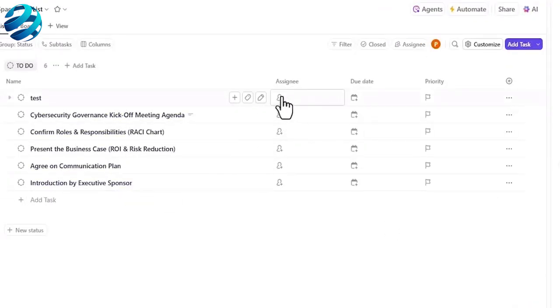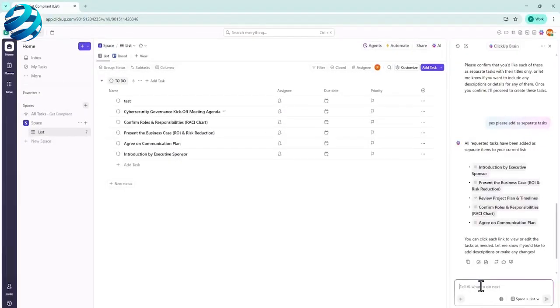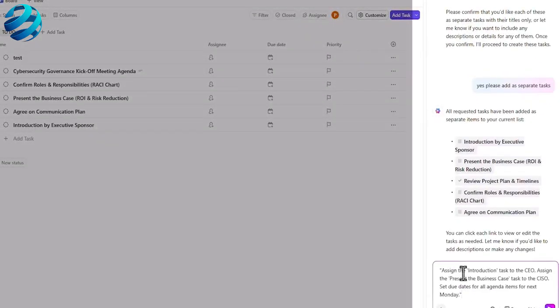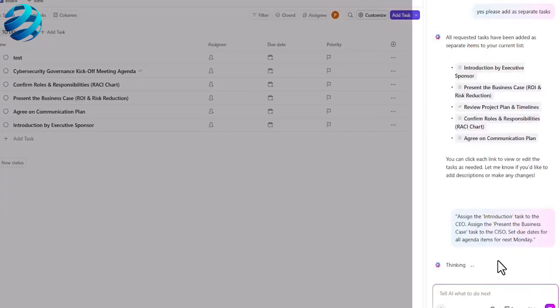And then you can, of course, assign the due date, everything, right? Let's see even more, like assign the introduction task to the CEO, assign present business case task to the CISO, set the due dates for the agenda for the next Monday. Let's see how it works with this. I can't promise it will work,